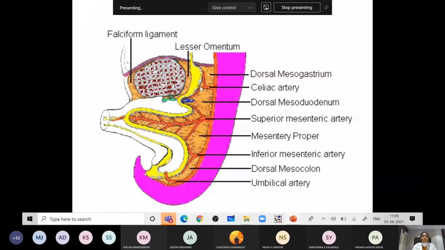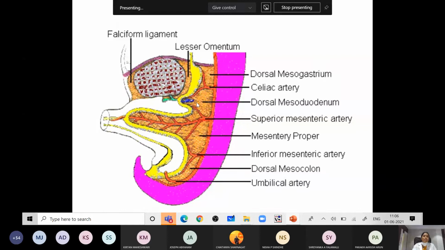Then posterior to the stomach, as well as the esophagus, we can see here there is dorsal mesogastrium. Clear? Dorsal mesogastrium. Now, in the esophagus, we have a similar structure. I think this diagram is not showing it. There will be a ventral mesoesophagus and a dorsal mesoesophagus. Clear? Anterior to the esophagus will be ventral mesoesophagus. Posterior to that will be dorsal mesoesophagus. Then the duodenum.